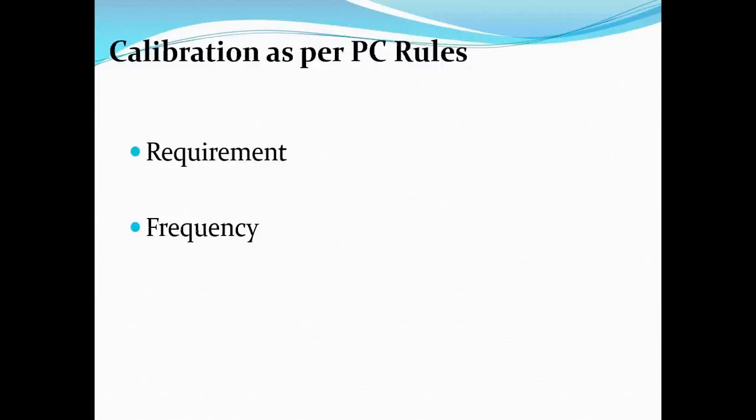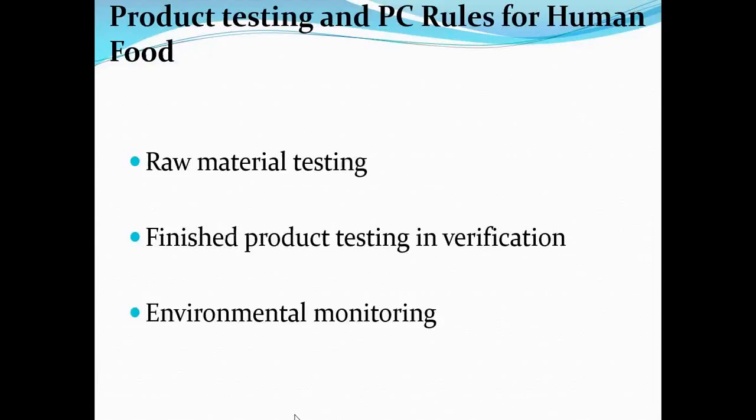Okay. And I told you in one of the earlier slides that calibration is also taking a big role here actually. Okay. The rules require calibration of process monitoring instruments and verification instruments because they're looking for accuracy of all these monitoring equipment. Again, product testing